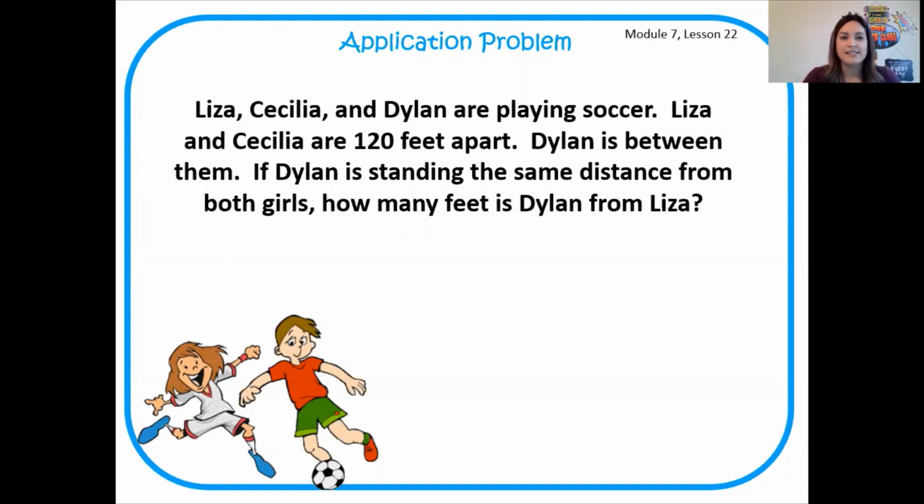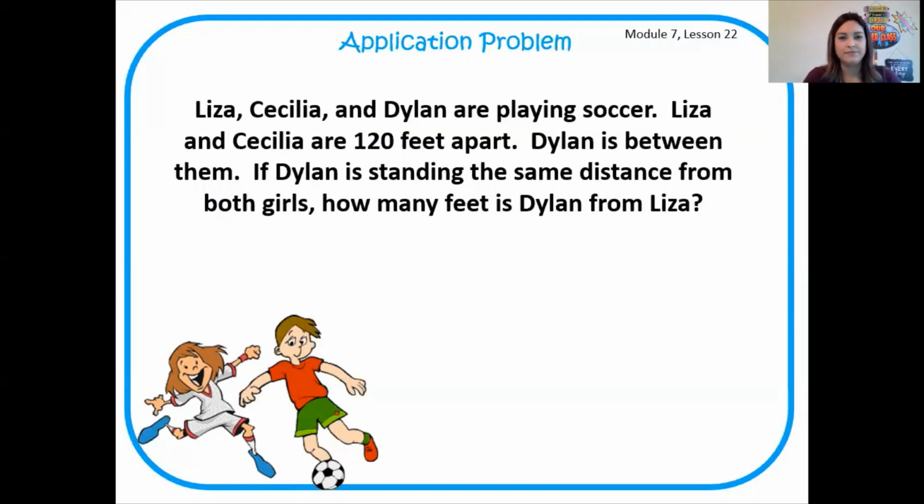The problem says, Liza, Cecilia, and Dylan are playing soccer. Liza and Cecilia are 120 feet apart. So imagine, Liza is right here, and Cecilia is 120 feet apart. So she's apart from her, she's far. Dylan is between them. If Dylan is standing the same distance from both girls, how many feet is Dylan